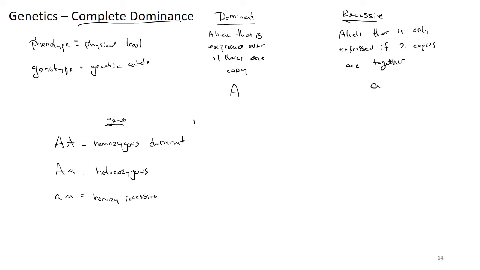So what are they going to look like? What's their phenotype going to be? Well, this one is going to look dominant. This one is going to look dominant. And this one is the only time we'll see recessive actually show up in the population. So,